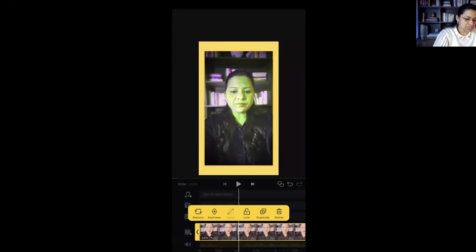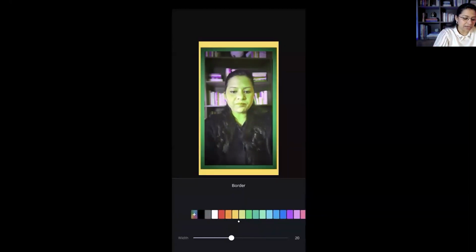So these are the different things you can do. I can also give a border. So maybe a nice border I can give. So I have a yellow color background with a green color border. I want to change the green color border to a pink color. I'll change it like this. I want to change it to some blue color. I'll change it like this.